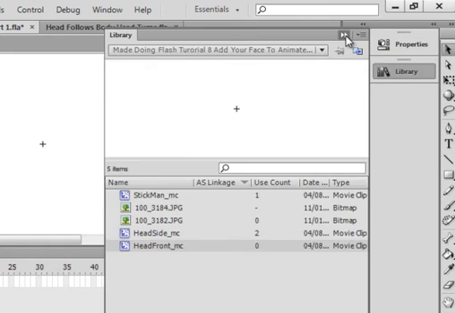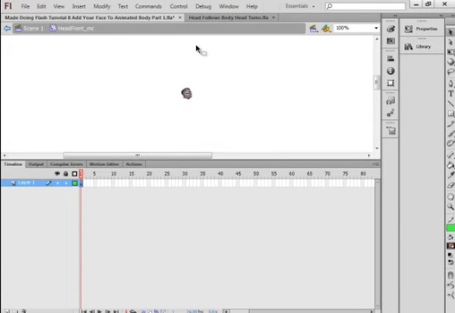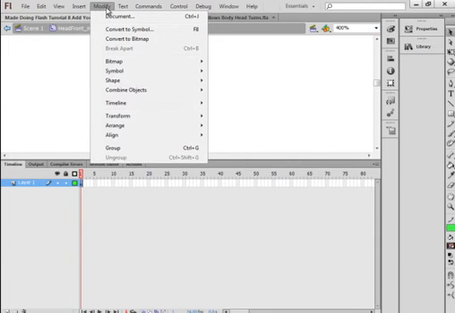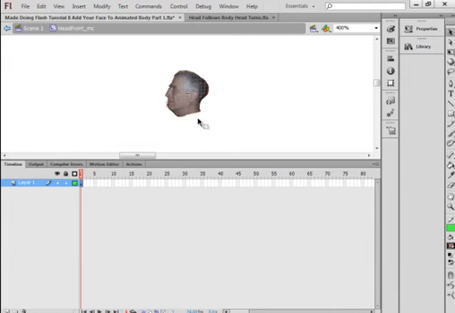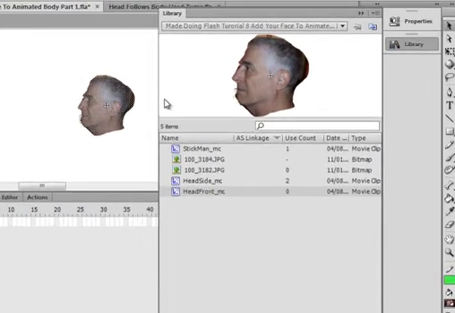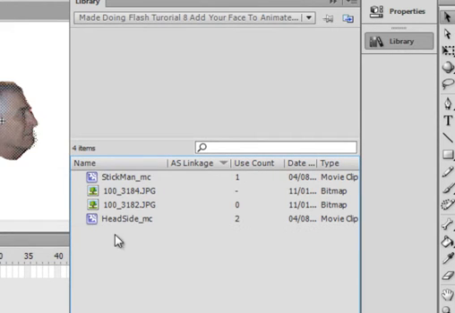All right, now we're inside of there, and what you would do is paste it in place, and then I'm going to make it a little bigger, and then you go up here, modify, and you see it says transform, and come down here, flip horizontally, and there you would have a different image to work with. Okay, but I'm using a second one, so I'm going to delete this one here and do the second one